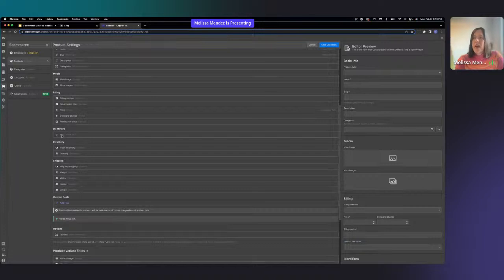Identifiers, she wanted to have an SKU. We want to be able to track inventory. We want to be able to add how many quantity we have, if this requires shipping or not, because some products are physical. So, obviously you need to ship them, but if they're digital, you don't need shipping. And for that, if you require shipping, you need to make sure that you add the weight, the width, height, and length. Why? Because for shipping companies, usually when you're going to ship products, the shipping company tells you, okay,